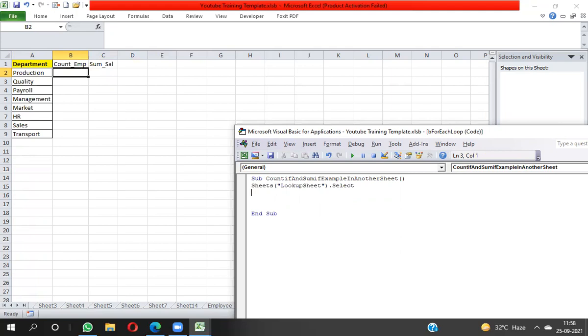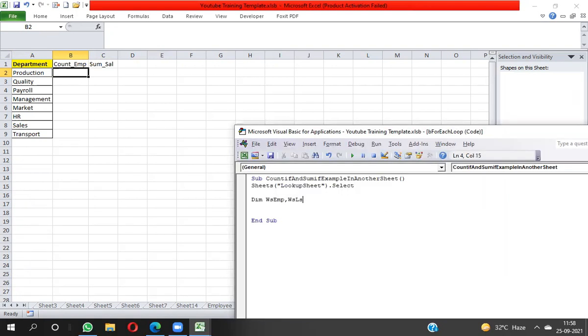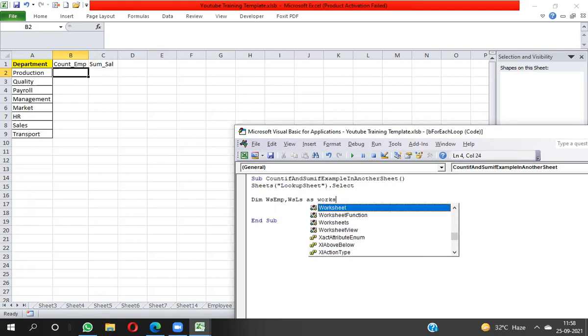Okay, so first I have to declare variables for the sheets. I have to store the sheet names. So here I declare ws_emp and ws_ls, which I can write here as ls, as Worksheet.